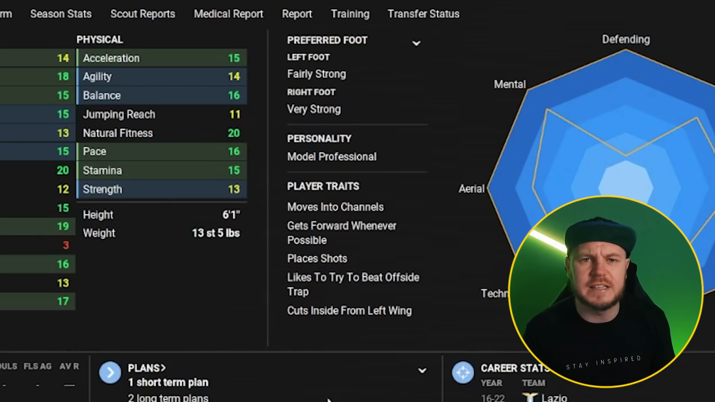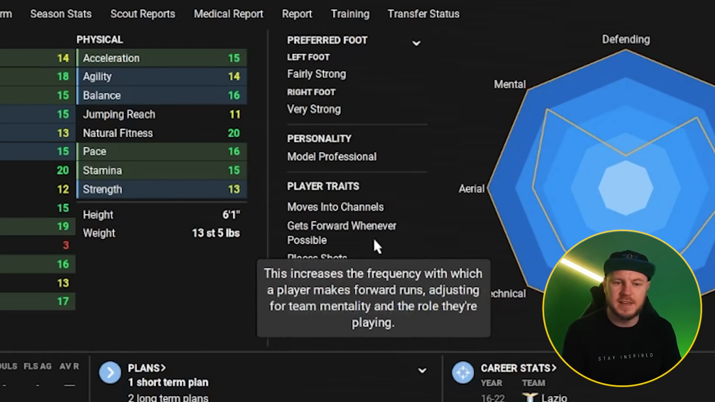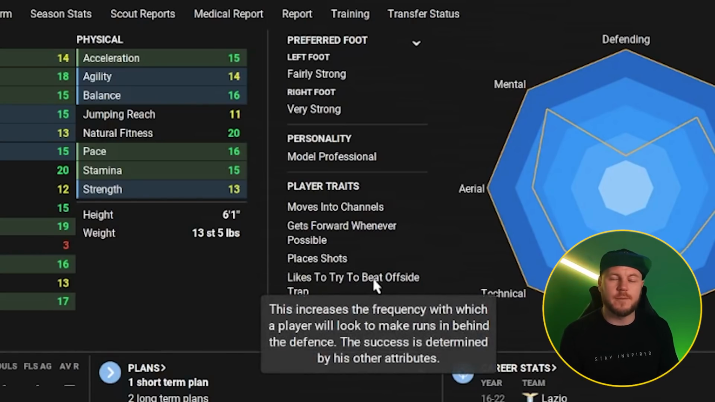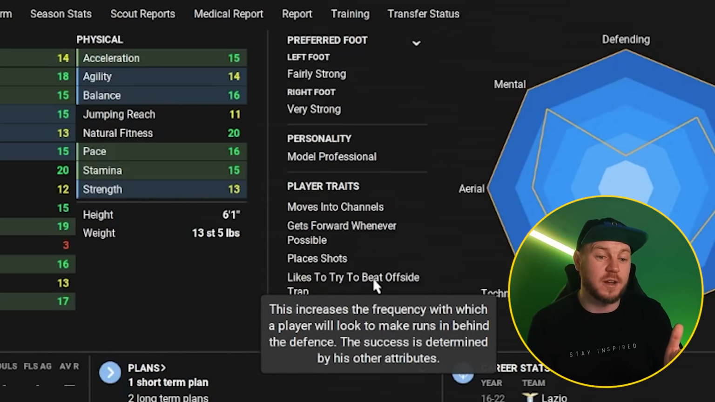So let's take a look at what he does have that I absolutely love. Gets forward whenever possible. Perfect. We know that's great, especially if he's a striker. He wants to get forward as much as he possibly can. Likes to beat the offside trap. We've already spoken about how important it is. It's probably even more important for a striker than it is for a winger to have likes to beat the offside trap, because if they do have good pace and anticipation off the ball, he's going to make a lot of opportunities for himself, one-on-one situations. And it's down to you whether you like to use chip shots, because I like chip